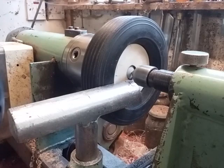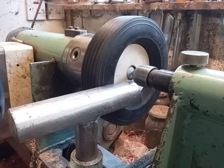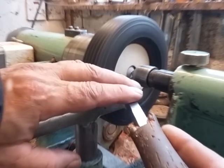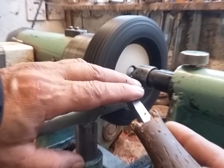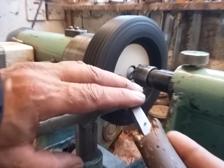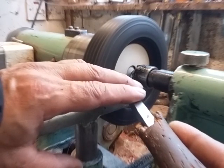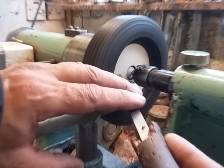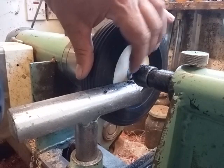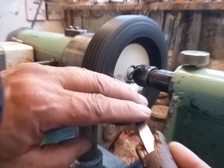So we'll finish that off. It just needs one little bit more tickling on this inner edge here to get it to match the ball perfectly. So we'll do that. Have a look at that and see what that looks like. Just a little bit more. I'm trying to get the ball to sit down in it as far as I can, not quite touching the table underneath, but